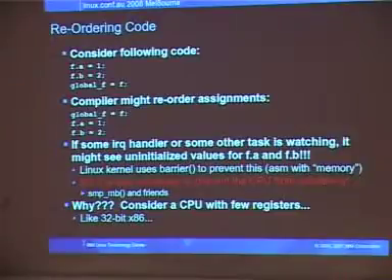Again, there may be register pressure. Maybe it has values in some registers and has special restrictions on the registers. x86 comes to mind again. It has to do with a lot of other machines I've used. And the thing is, of course, that if some other task or even an IRQ handler happens to be watching, it might see something unexpected.